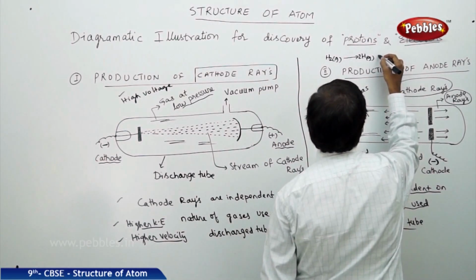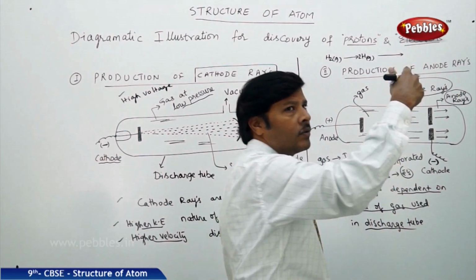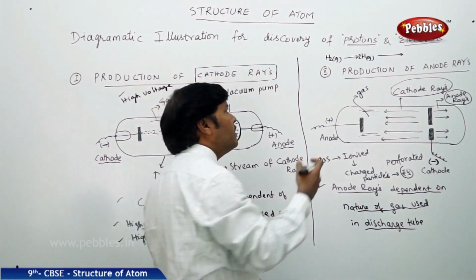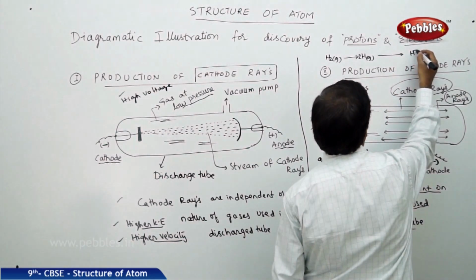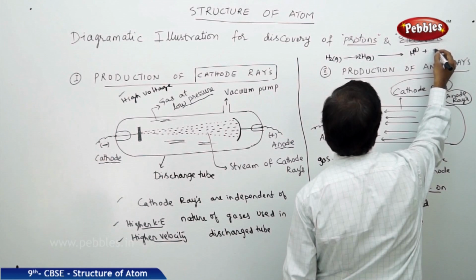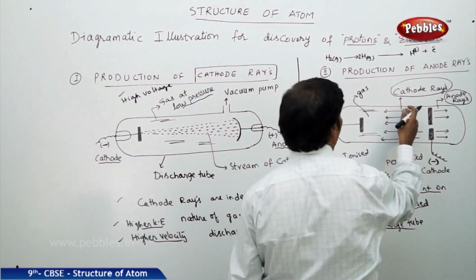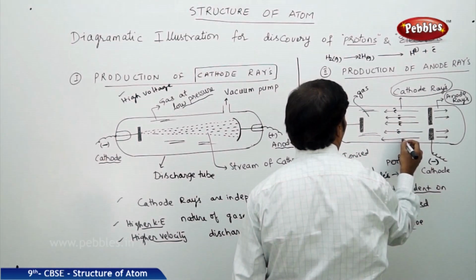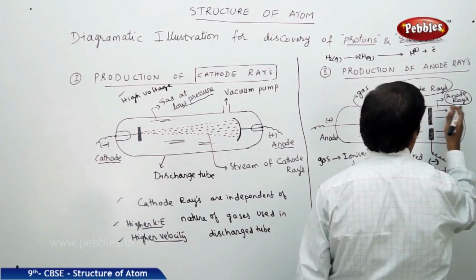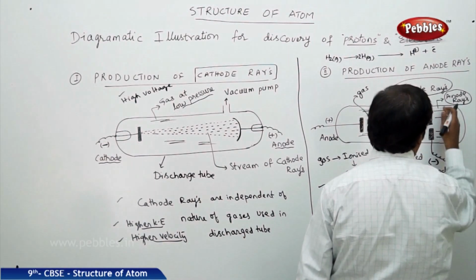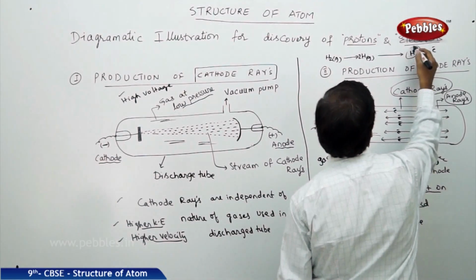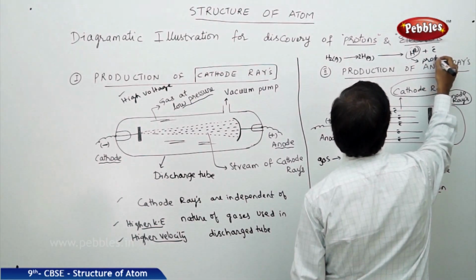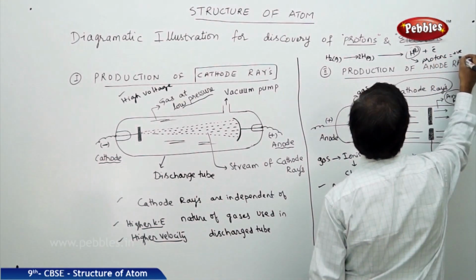When you get 2 hydrogen atoms, the current is still passing, so they absorb some amount of current from the source, and these atoms get ionized to become H plus ions and free electrons. The arrows moving towards the anode are electrons, because electrons are negatively charged particles, and the arrows moving towards the cathode are anode rays. Here H plus ions, which are nothing but protons, we can call positive rays.